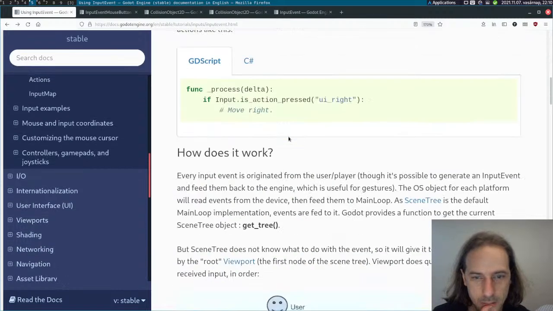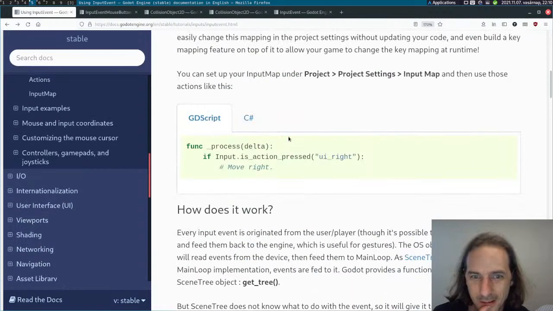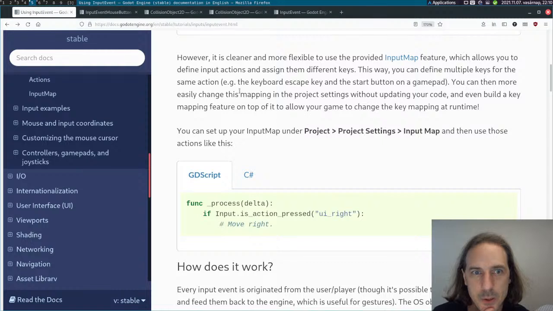How the hell do I... action pressed UI right? So, however, it's cleaner and more flexible to use the provided input map feature, which allows you to define input actions and assign them different keys. This way you can define multiple keys for the same action. Okay, so maybe I need to check